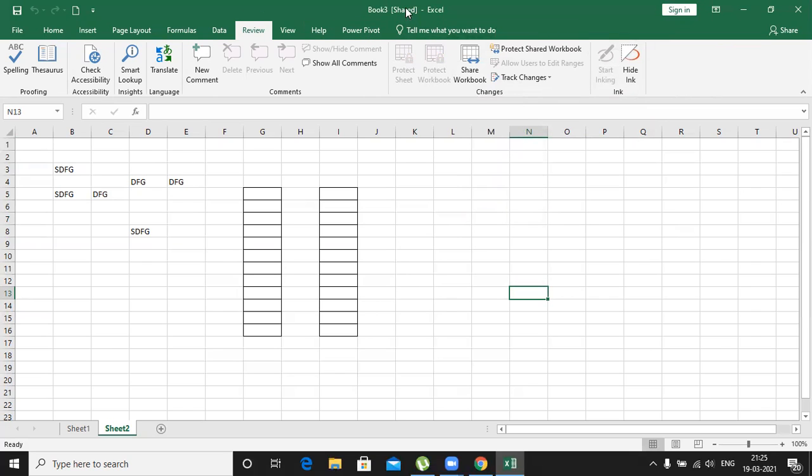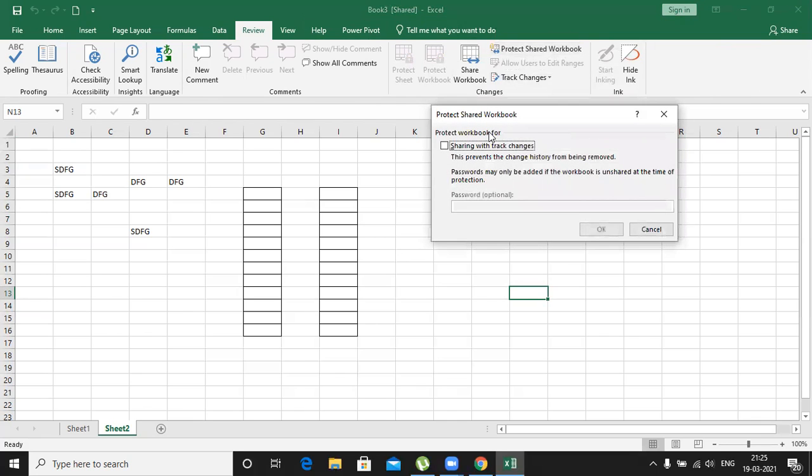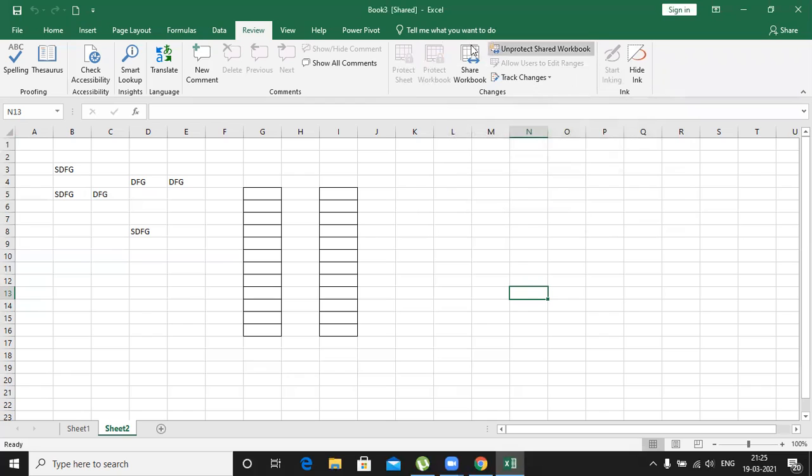Now the shared workbook is working. Now I wanted to protect that shared workbook. Then you click the shared workbook, protect shared workbook, share with track changes, and you click OK. So now it is protected, and still I can enter the data, but nobody can delete the data based on that area, based on the criteria.